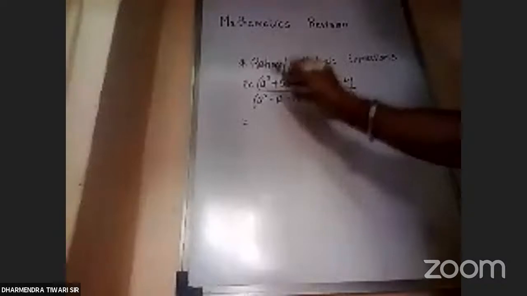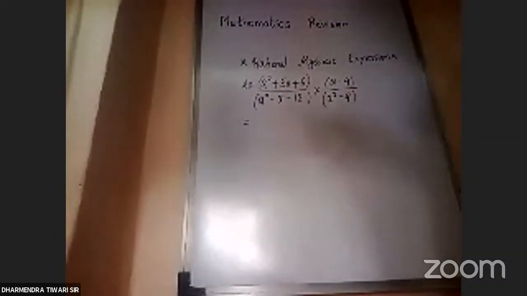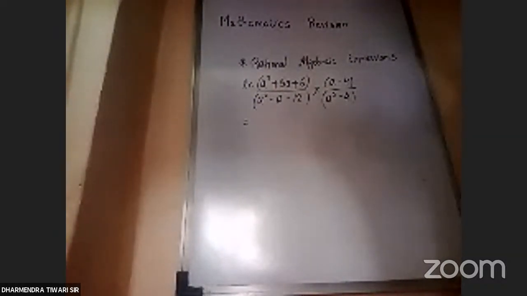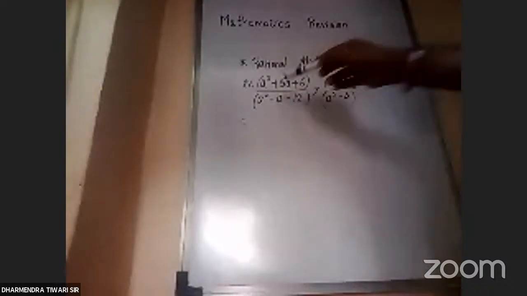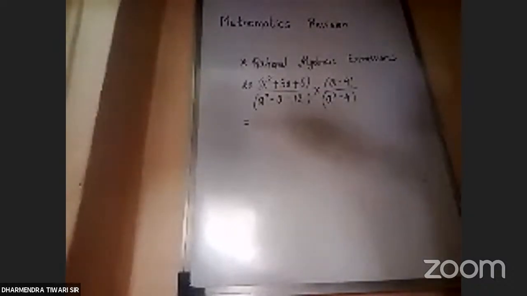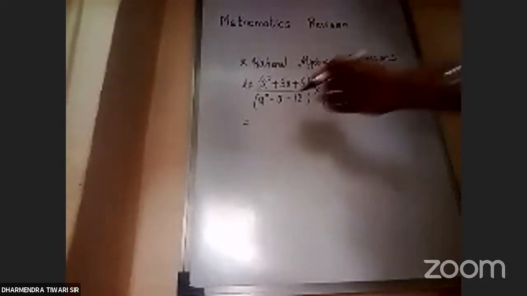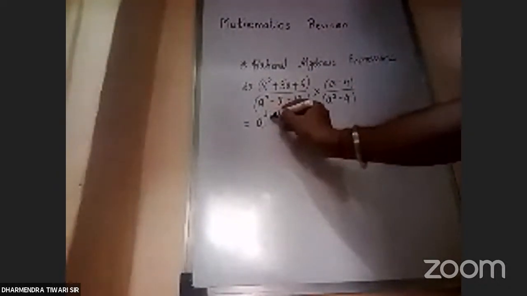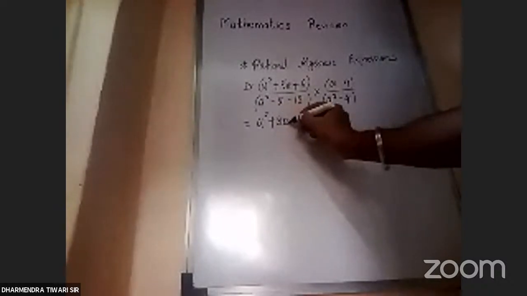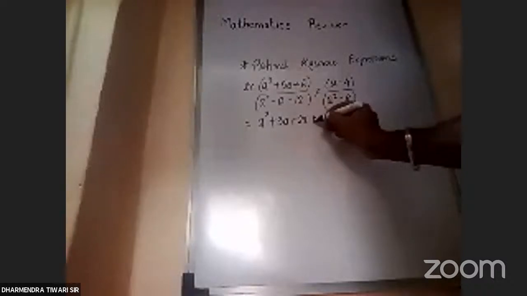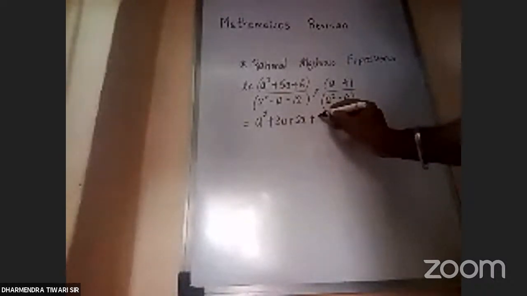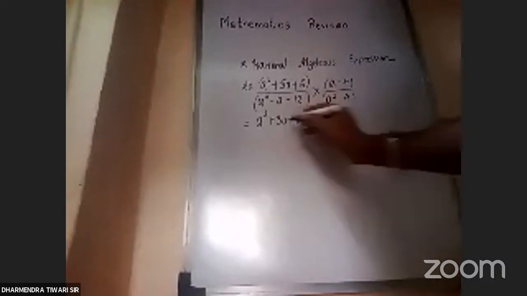Now, tell me the factors of the first quadratic, a square plus 5a plus 6. 2 into 3 is 6, and 5 can be written as 3 plus 2. Let's see. A square plus 3a plus 2a plus 3 into 2, divided by